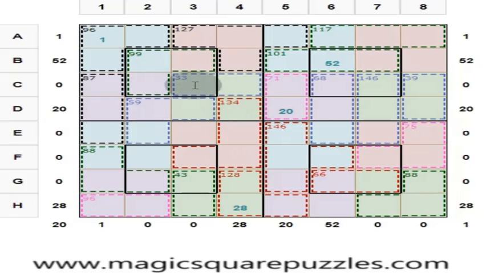Not only that, 4 cells in the same color give you 130. These 4 cells in the same color give you 130, and so do these. So this subsquare is like that, this subsquare is like that, this subsquare is like that. If you have any doubt, you can go and see more properties in the above video.